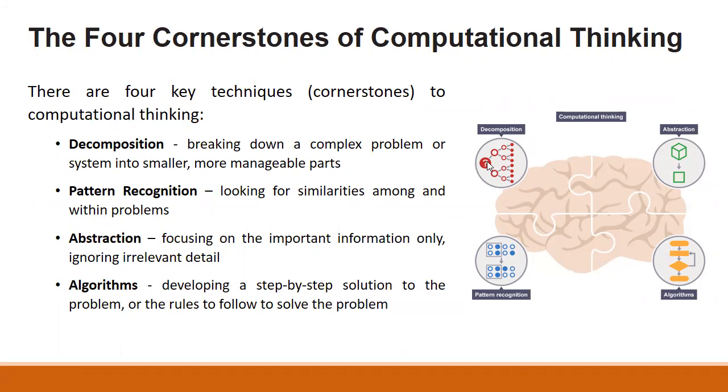So we would start off with decomposition, and then we could do pattern recognition, and then abstraction, and then lastly, algorithms. So decomposition, you have a big problem. It's too big. We break it into smaller problems and repeat. We keep doing that until we get the problems small enough that we can actually attend to them and solve them. So that's represented by this diagram. You see the big problem broken into smaller problems, again, broken into smaller problems. And eventually we get these ones down the bottom there that are our size of problem that we can solve, and we solve them one at a time, put the thing back together.